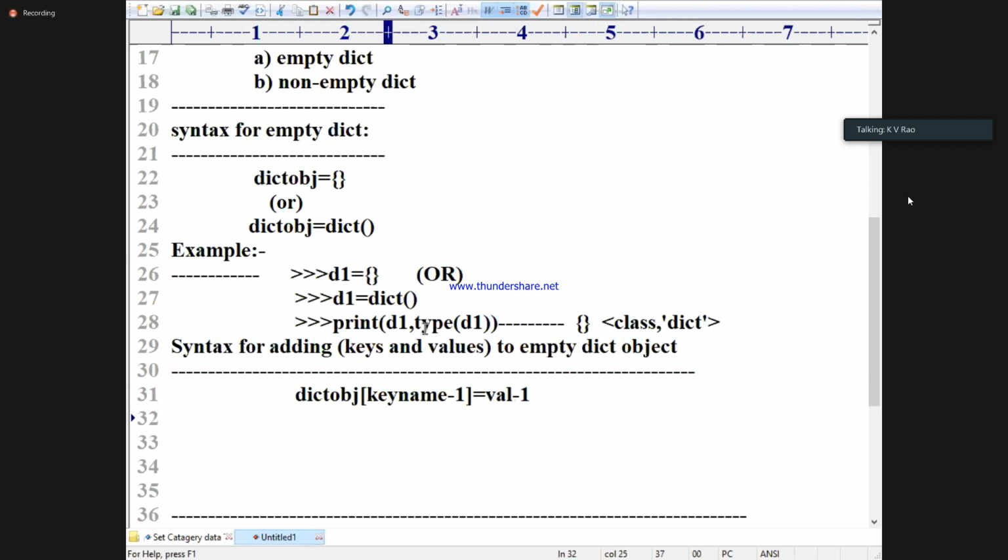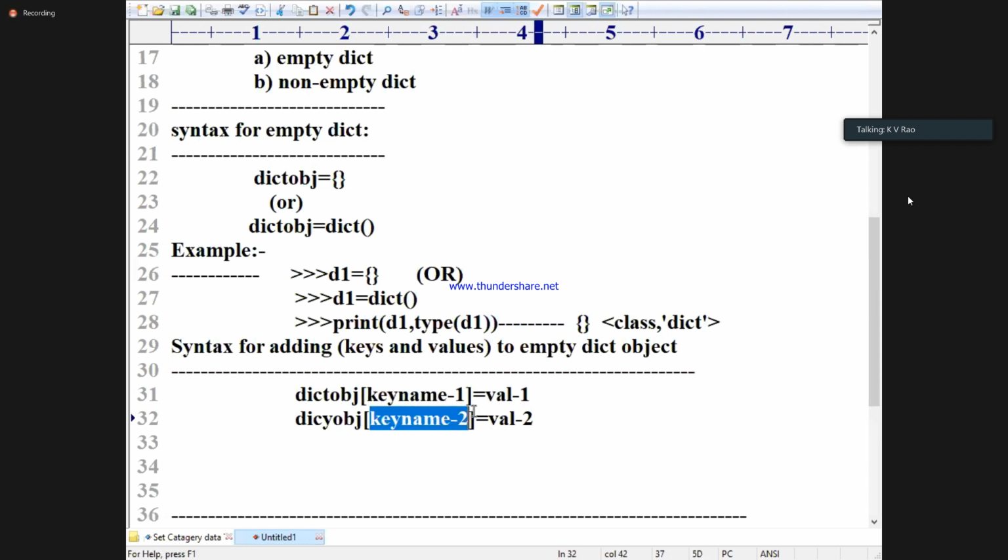Dict obj of key name 2 is equal to value 2. See guys, this key name may be a numeric key or maybe a string key.